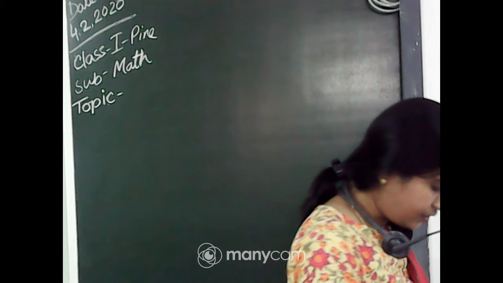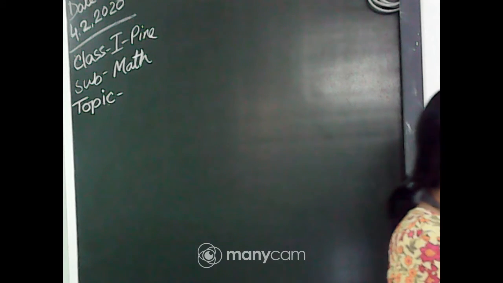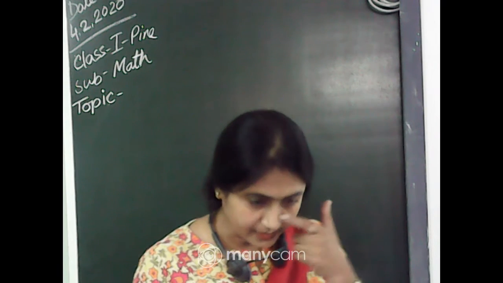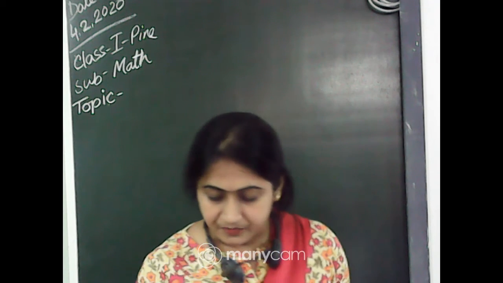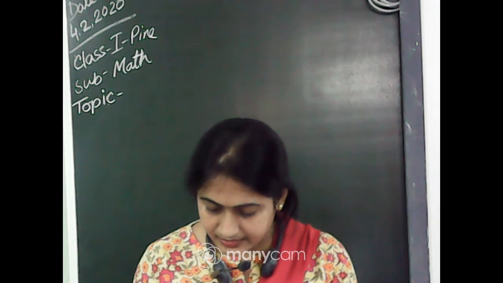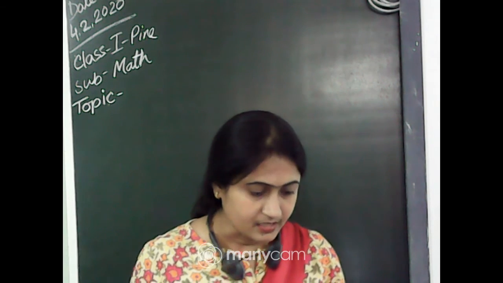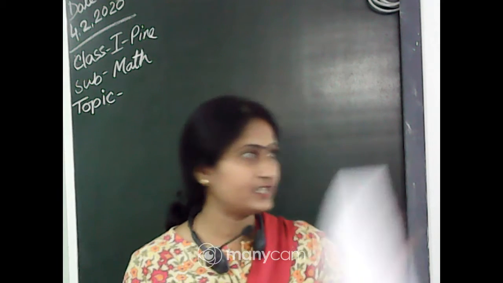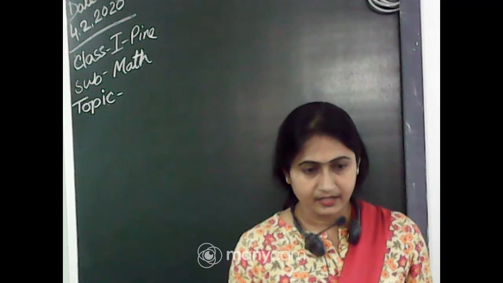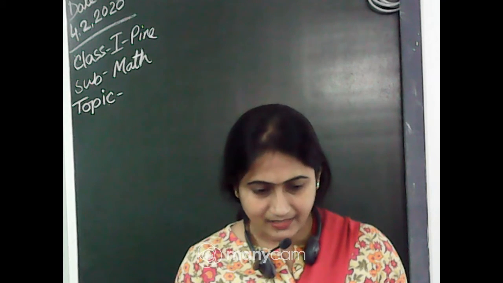Let's start now. All of you, please take out your math composite book and listen to one thing. In my offline video, which will be uploaded now, it's not uploaded still, I have covered pages 109 and 110 of your math composite book, subtraction of two-digit numbers. Subtraction of two-digit numbers is completed.